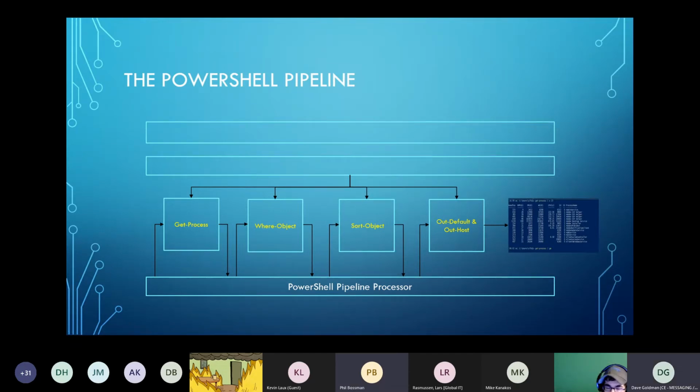Yeah, the value add for that is the type name is what links your object to the view, and the default display property set is the basic values that PowerShell is going to display, which I'm going to show you here with the pipeline. Go ahead.